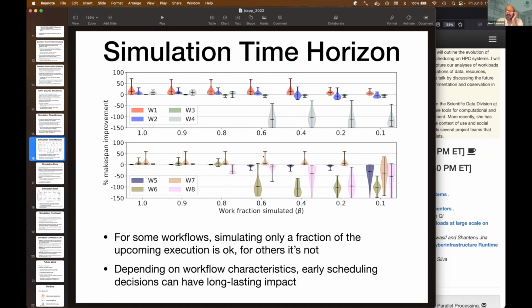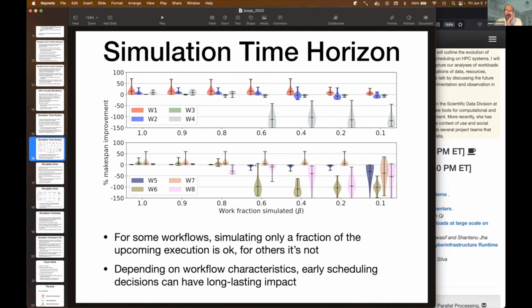So maybe in this case, we looked at those workflows for which the results look bad when you do that, like the gray one. And typically in these results, it's about data. So it turns out you move a massive data file to some small cluster and it's fine. But then turns out that massive data is also used later on by a bunch of tasks. And then you have to copy that file again to another cluster to achieve more parallelism. But then you waste a bunch of time doing that, for instance. So it seems very difficult.